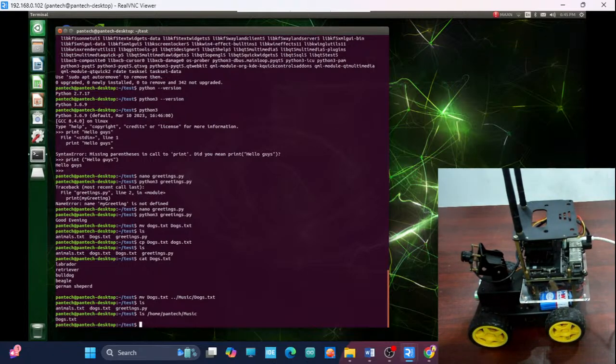Okay, so now I don't want anything inside my music directory. I just want to remove it. So how to do that? For that there is a command called rm, remove command. Okay, so I can use rm tilde symbol and slash, because I am going to the music directory and I want docs.txt. Sorry, I mistakenly gave